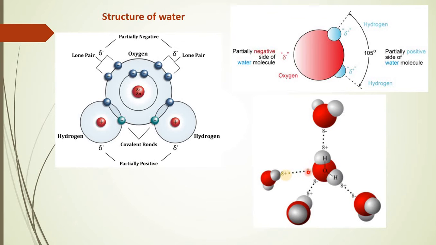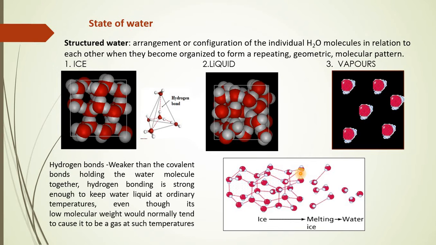Now this intermolecular bonding, which is a hydrogen bond in fact, is responsible for giving various physico-chemical properties of water, which we are going to understand shortly. Before we go into the depth, we'll see what are the different states of water in brief. You know that water is the only substance which exhibits all the three different states at room temperature, that is solid, liquid as well as gaseous form.